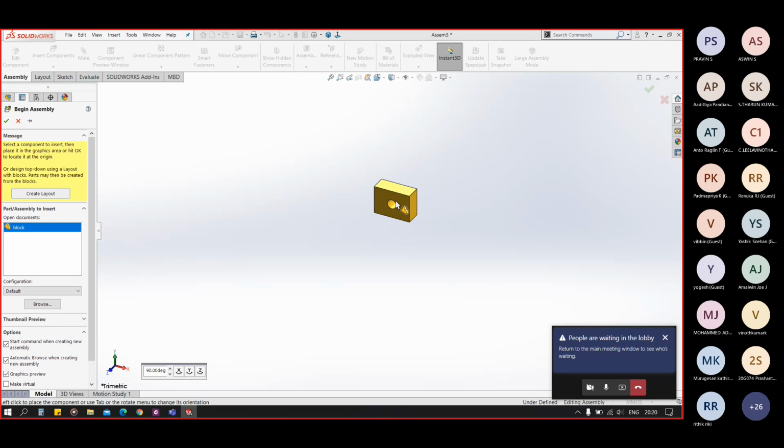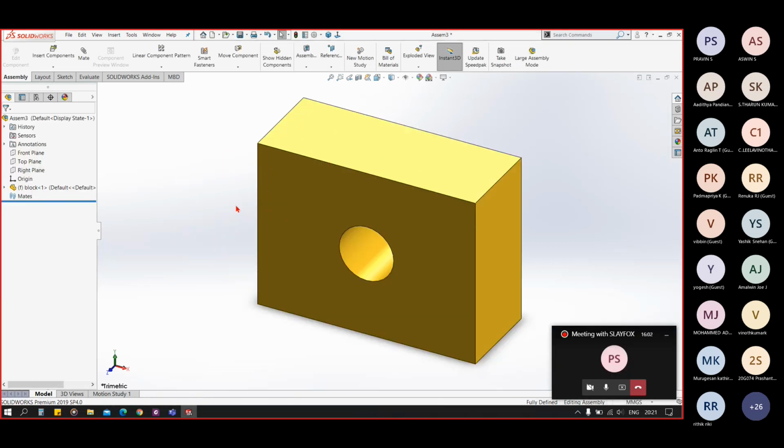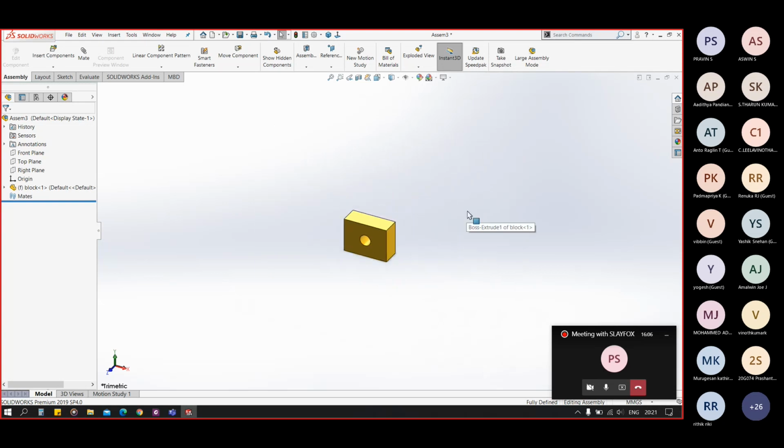The shortcut is that when you click in this field, let's say I click here, left click, the block will be placed there. But the point here is that you can see we have our origin here and our part here. Let me show you these planes.